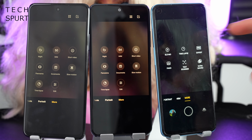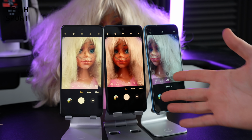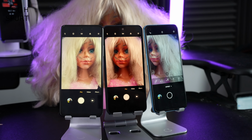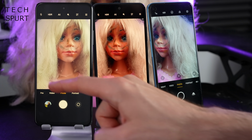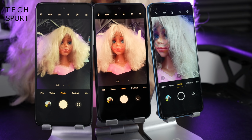You've still got a slow-mo mode, you've still got a Pro Expert mode, and you can use this to mess around with the ISO level, shutter speeds, all that kind of shenanigans if you need a very specific kind of shot. However, while both the Poco M4 Pro 5G and the Redmi Note 10S both have an ultra-wide angle shooter,